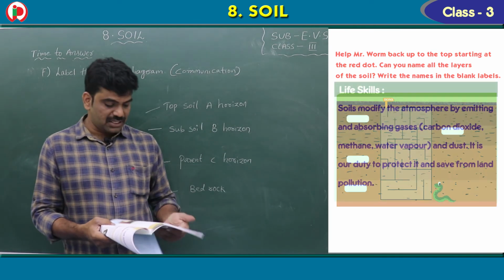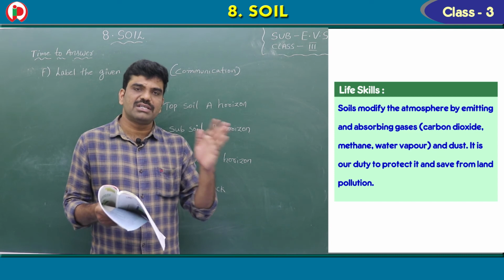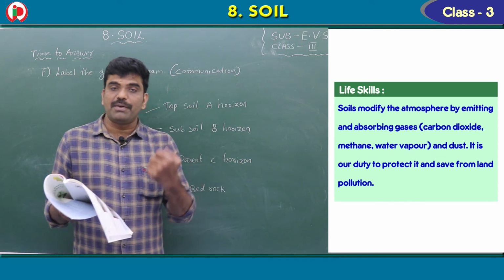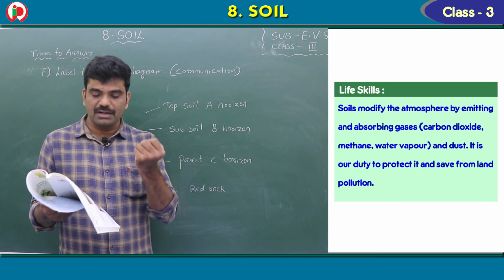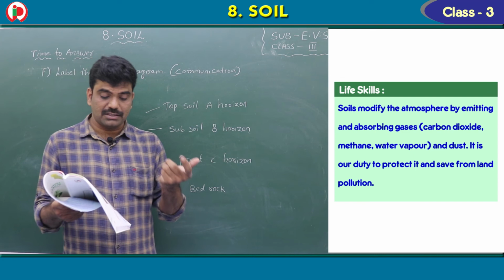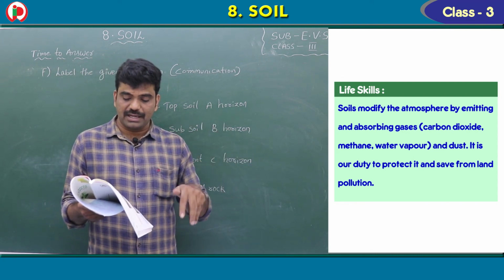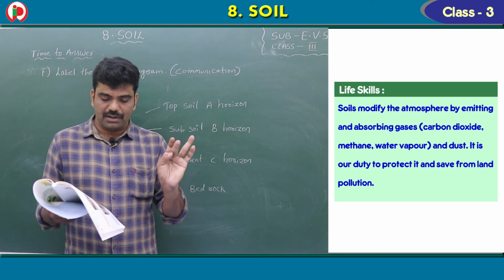Next one is life skills. Soil modifies the atmosphere. Soil changes the atmosphere by emitting. Emitting means releasing, and absorbing means taking in the gases like carbon dioxide, methane, water vapor and dust. So here soil modifies the atmosphere by releasing and absorbing gases like carbon dioxide, methane, water vapor and dust